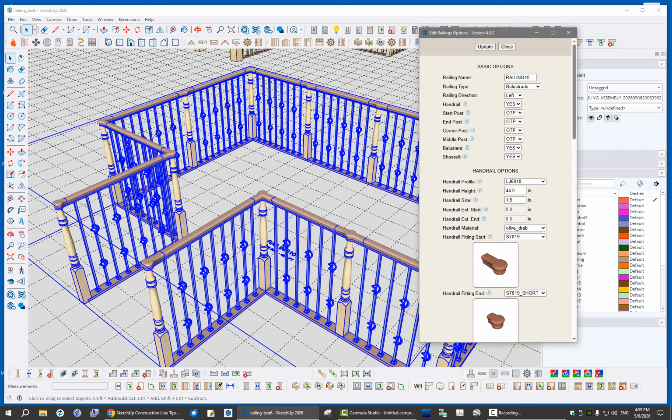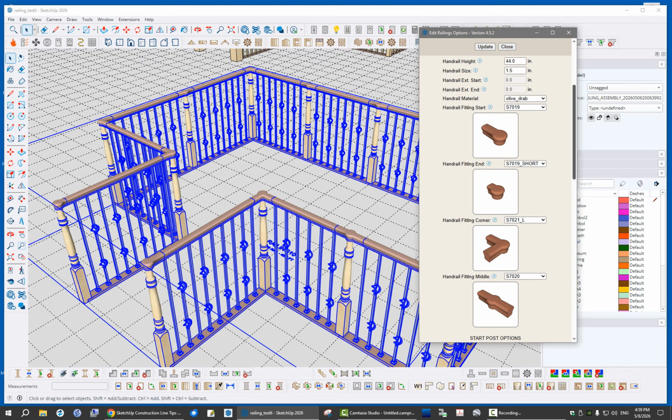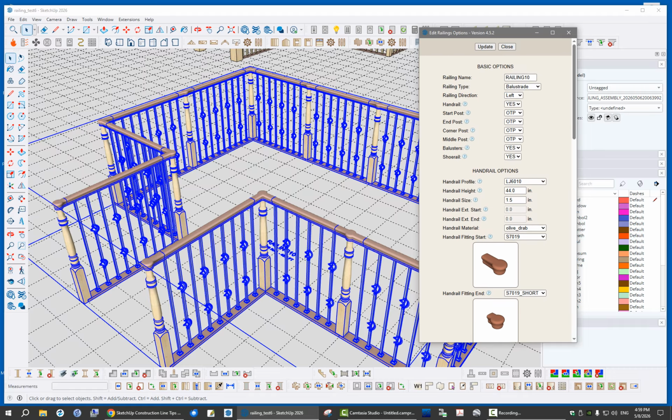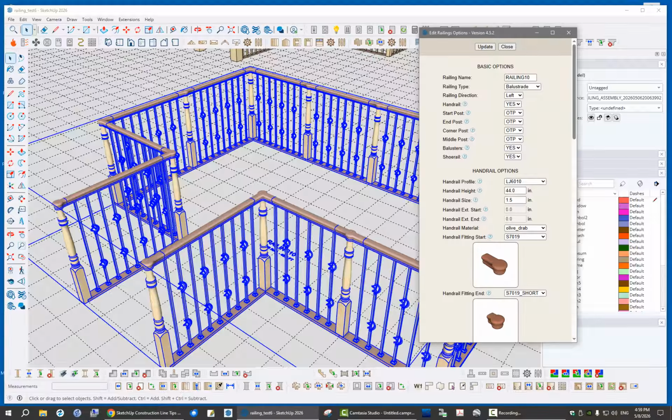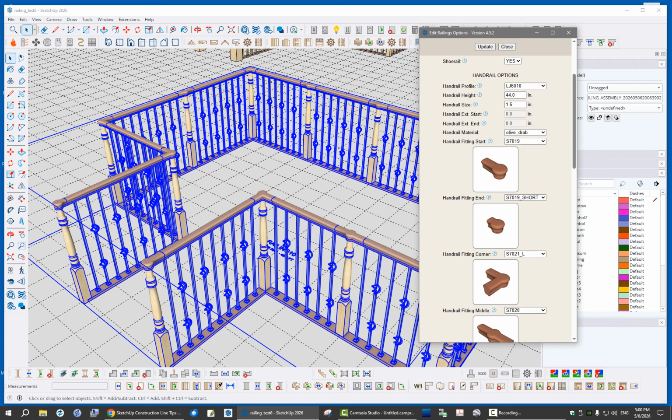All right, so notice here our start, end, and all of our posts are actually OTP. And you also can now, under the handrail section, select these different fittings. Now you can still select these fittings currently, even if they are post to post, but it's not actually going to use them, right? It'll only use them if that intermediate post is set to OTP. So you have all these